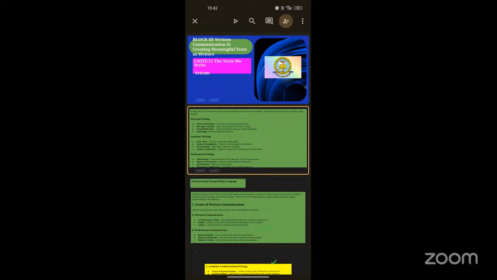Linguistic abilities, mastery of language is essential for effective writing. Vocabulary and word choice, selecting appropriate words to convey meaning effectively, using varied and precise vocabulary to enhance